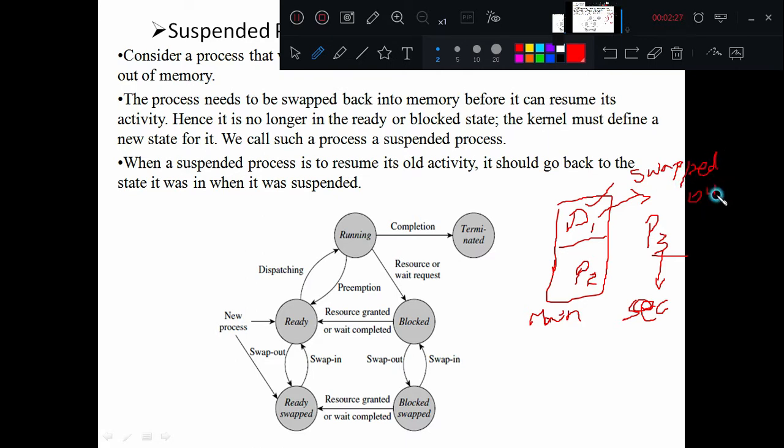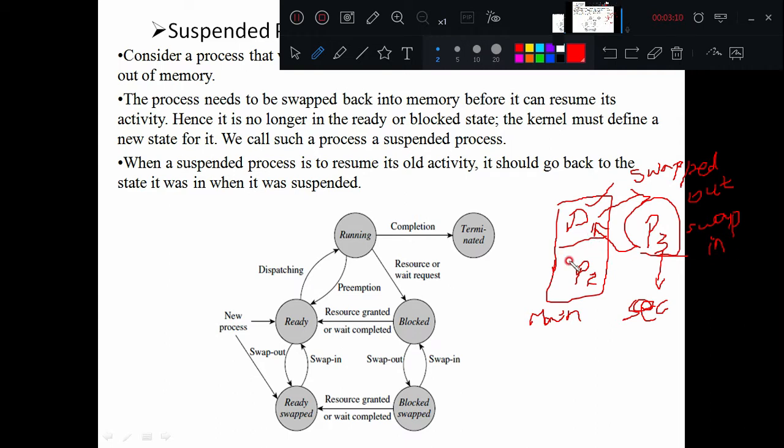This process of removing a process from the main memory is called swapped out. Once P1 is swapped out, it creates space for a new process, so process P3 is swapped in. It is brought inside the main memory from the secondary memory. This process of bringing a new process into main memory is called swapped in. This whole process is called swapping. These two operations the operating system must perform before scheduling a new process.